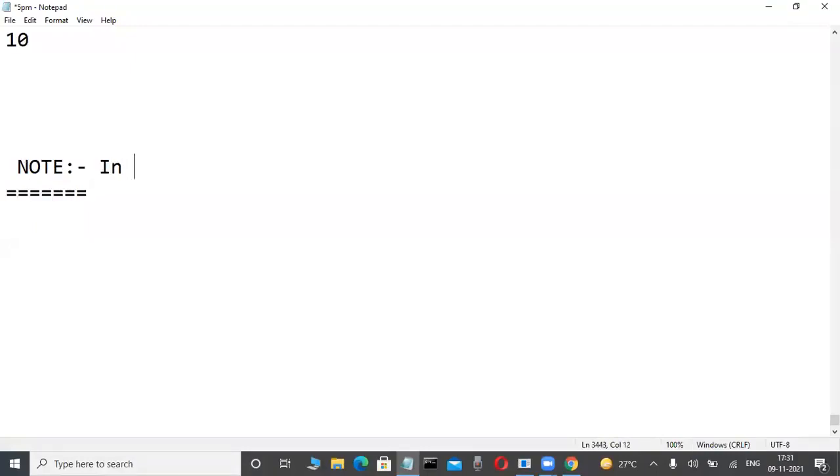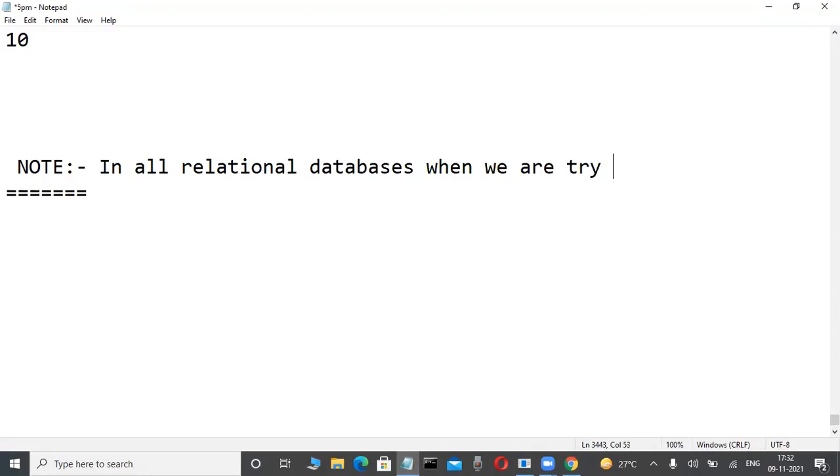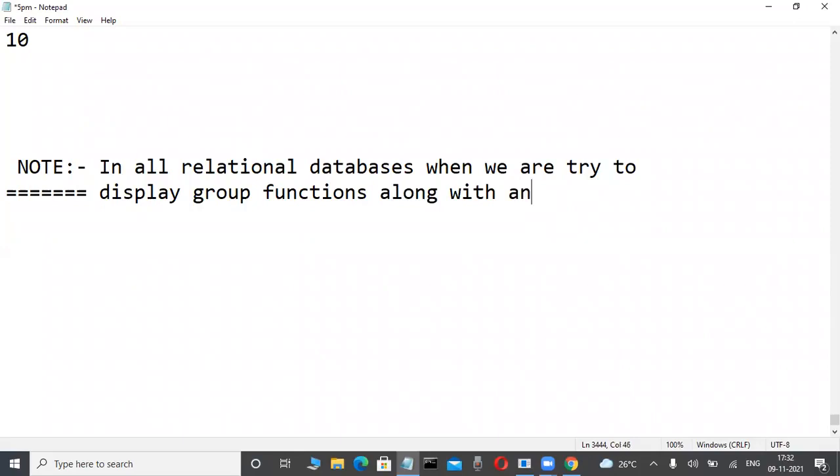In all relational databases, when we are trying to display group functions, also called aggregate functions, along with another column,